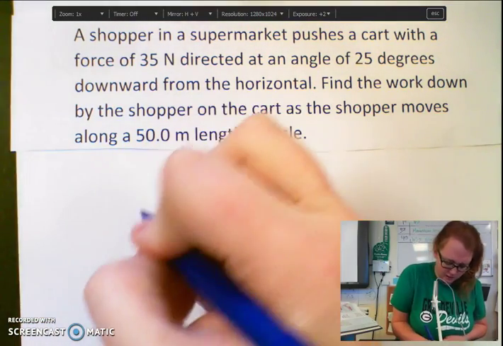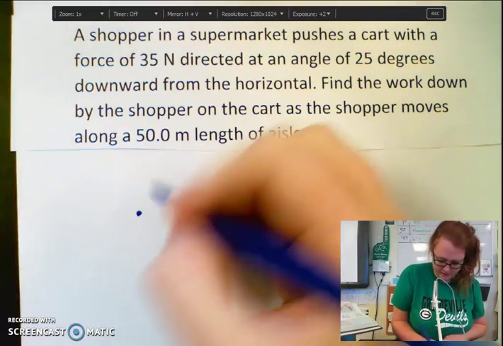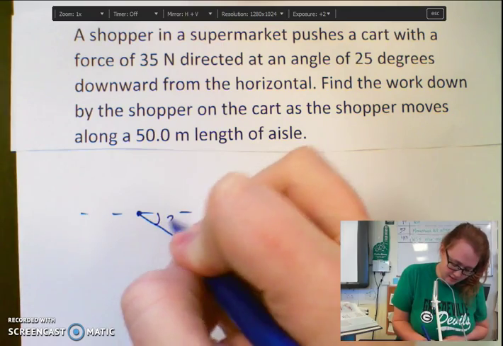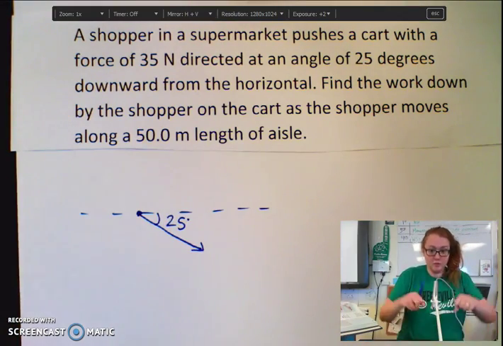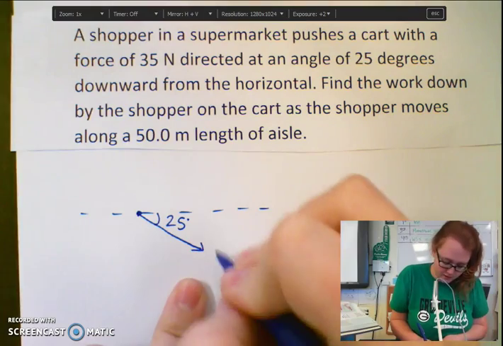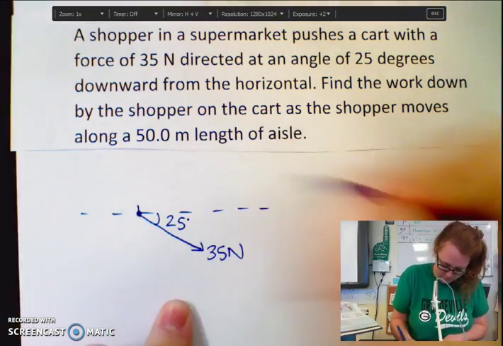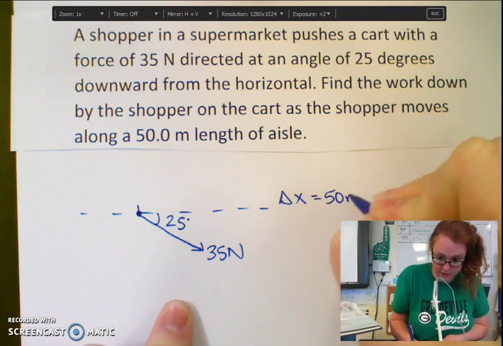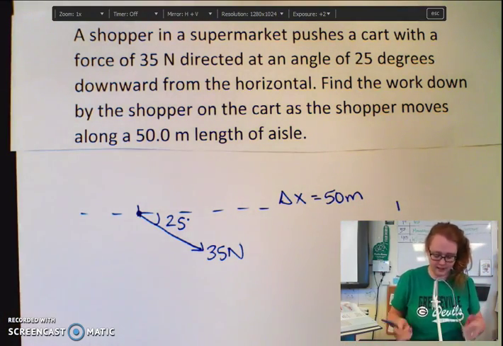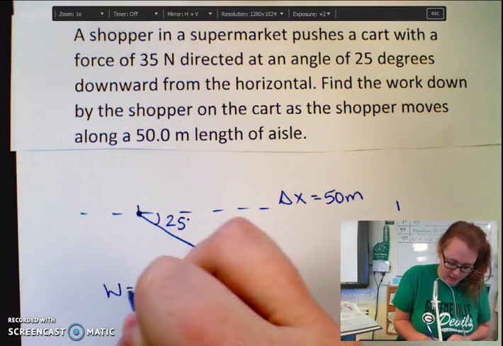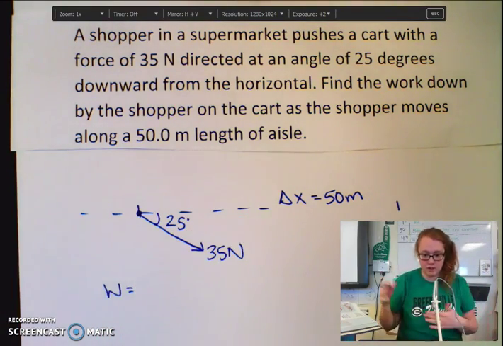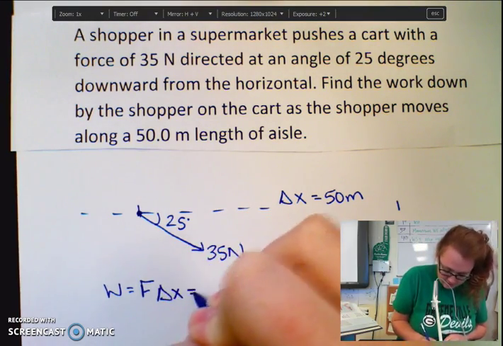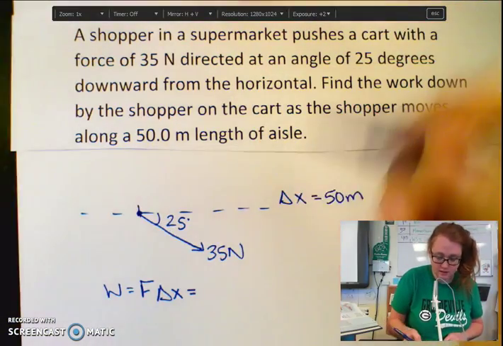Nothing new here. Here's our cart. 25 degrees down. We have this situation. You know, imagine when you push your cart, you're pushing down. This is 35 newtons. And we move this cart a displacement of 50 meters. That's a long aisle. Again, work is the parallel force, or the force along our axis of motion, times delta x. Well, here, this force is not along my axis,